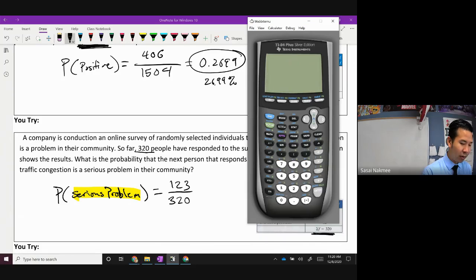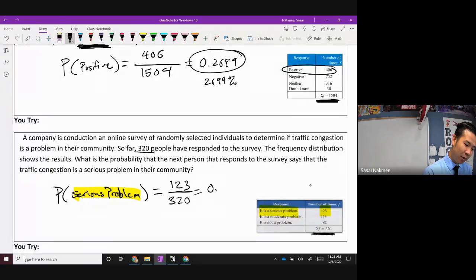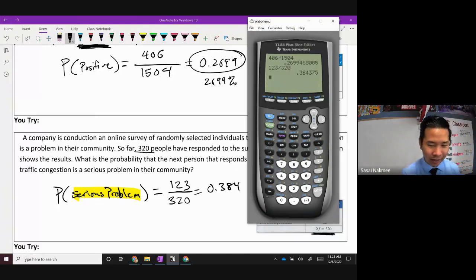If you want to give me the decimal, you just plug it into your calculator. 123 over 320. Boom. 0.3843. You guys got to work on your rounding. What's the number that's after that 3, guys? Be careful. The number after that 3 is a 7, right? Did I type it in wrong? Yeah, it's a 7, meaning that should be rounded to